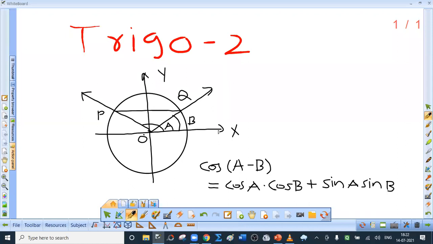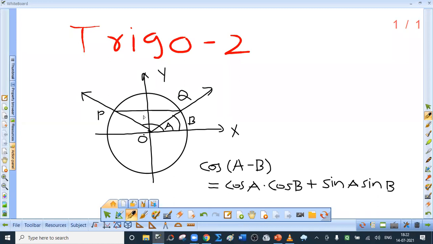Let the measures of angle XOP and angle XOQ in standard positions be A and B respectively, right? Let their terminal arms, that is ray OP and ray OQ, intersect the standard unit circle in the points P and Q. That is why I said that the angles are XOP and XOQ. Now